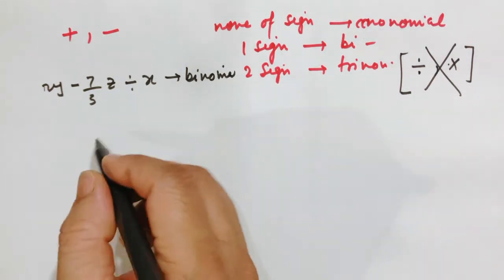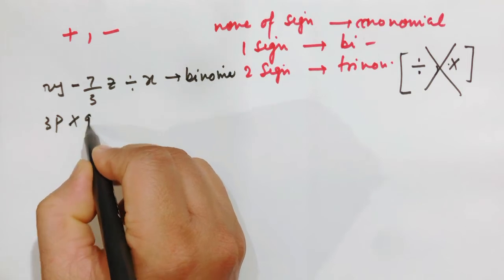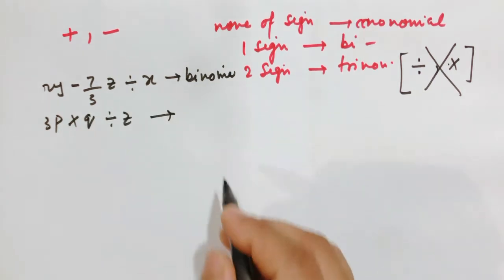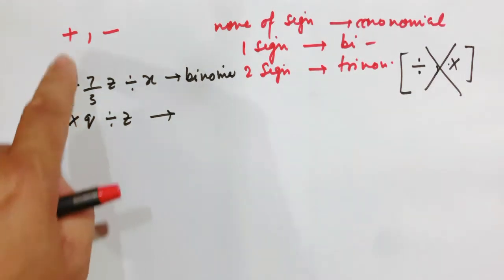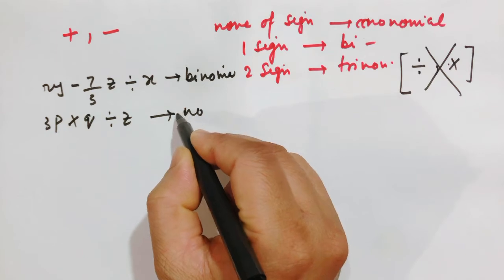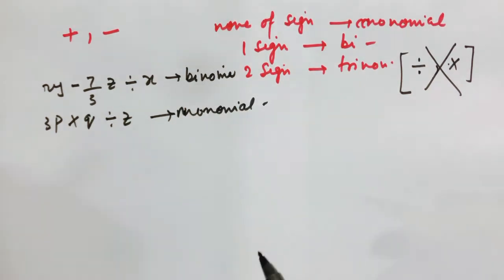Let us take one more term, that is 3p times q divided by z. Now here we do not find any positive or negative sign, therefore we say it is a monomial. Let us take one more example, somewhat like a cube